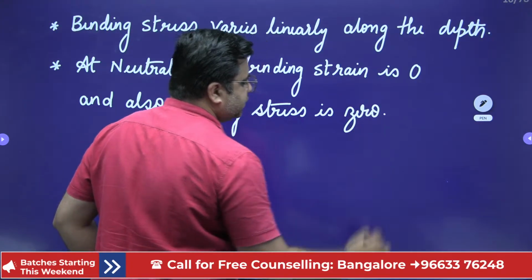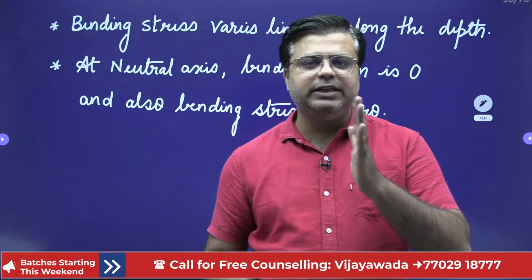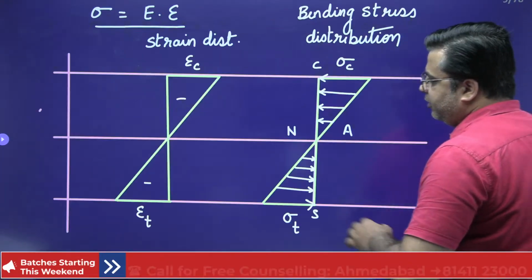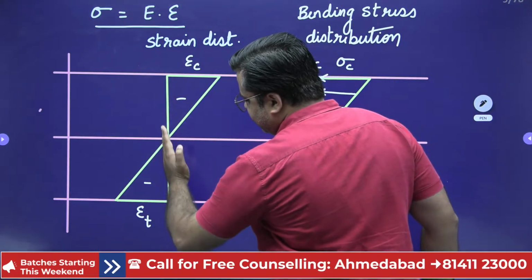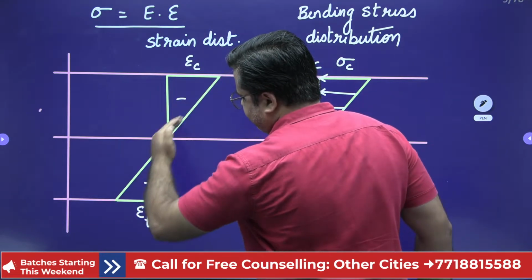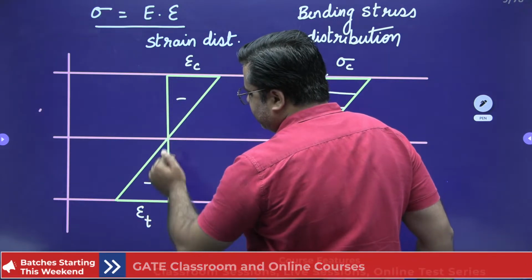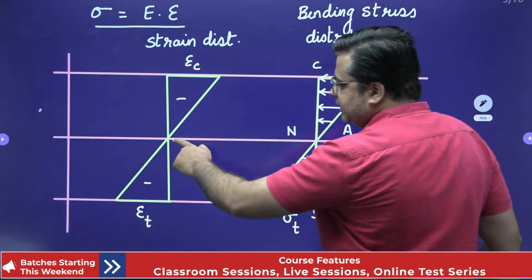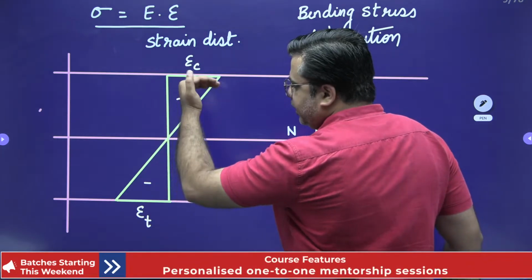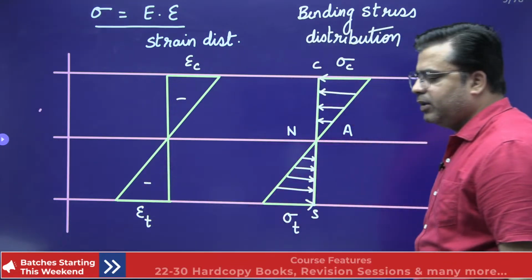Right, so these are the assumptions in the theory of pure bending. This assumption is very important that plane section remains plane after bending. That will tell us how the strains are developing in the cross-sectional area. So if this is the initial plane, after bending this plane shifted like this, right? This plane got this slant. And this is the amount of strain that is developed in all the fibers of the cross-section. At neutral axis, there will be no elongation or no shortening of the fiber. But if compressive stresses are developed, then those fibers will be contracted, and for tensile stresses, those fibers are extended,